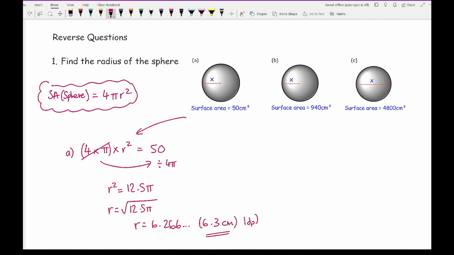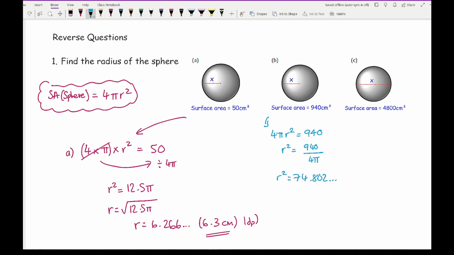So then moving on to B, let's just do that one. So again, very similar. So what we've got is 4 pi r squared equals 940. So then r squared equals 940 divided by 4 pi. And if I type that all into my calculator in one go, divided by 4 pi, I get r squared equals